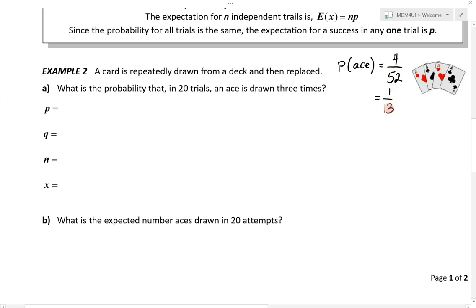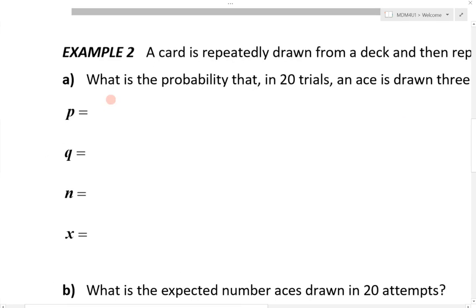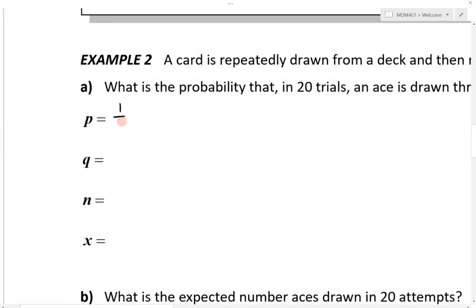So the probability of a success, P, is going to equal 1 out of 13, which means the probability of failure is going to be 12 out of 13. Okay, because you want P and Q to add up to 100%. Now we're doing 20 trials, so n is 20, and we're interested in finding the 3 successful outcomes. So 3 successful